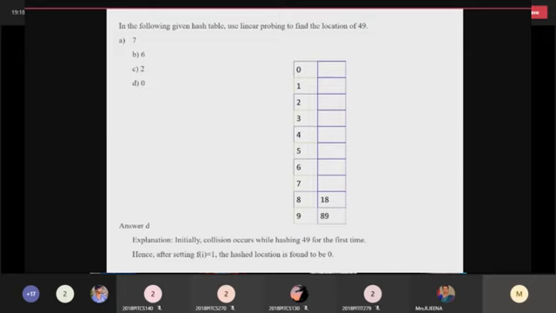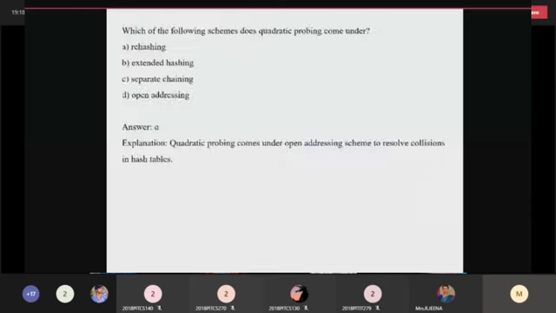The remainder is 9, so 9 is already occupied. Then go with the second formula, h of key equals key plus f of 1 modulo table size. So 50 modulo table size, the remainder is 0. So from the 0th index you can store. So the answer is D: at the 0th index you can store 49.